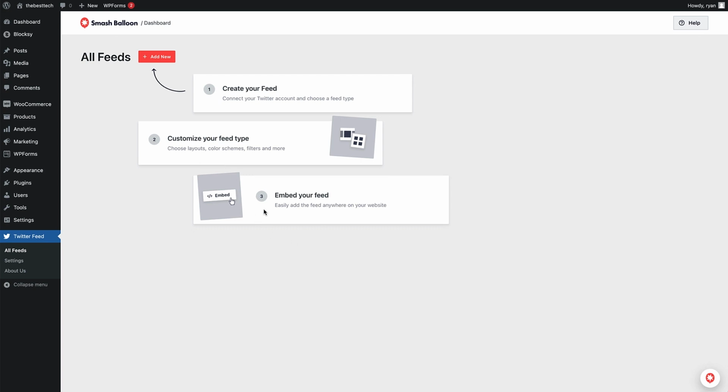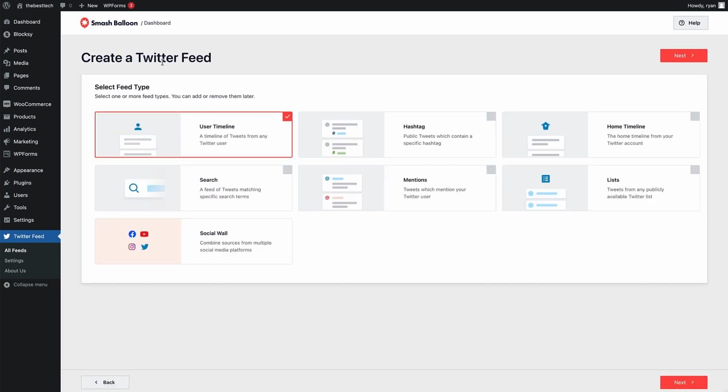So the first thing we need to do is click the add new button up here. And this right here is where we get to select the type of feed that we're going to show. So the one I showed you in the demo was a user timeline, but you can use hashtags. You can also show a home timeline for a Twitter account, a feed that matches Twitter searches as well, an at mention. So if you've got a product or a brand and you want to show all your at mentions from customers or anybody that's talking about you on Twitter, you can do that as well. And you can filter those down to include certain words and things like that. You can also show lists as well, and also there's the social wall feature if you have the certain type